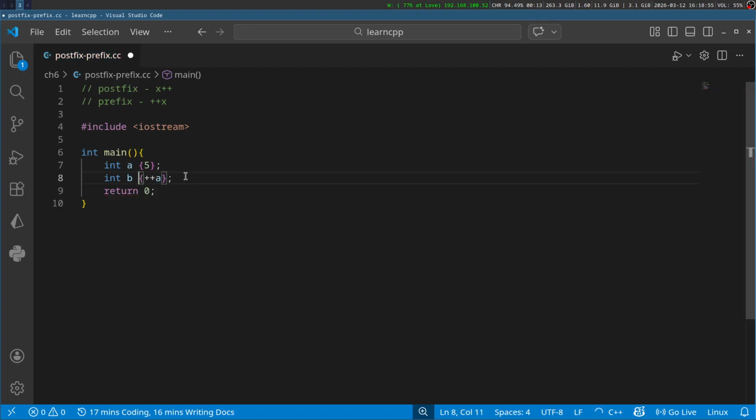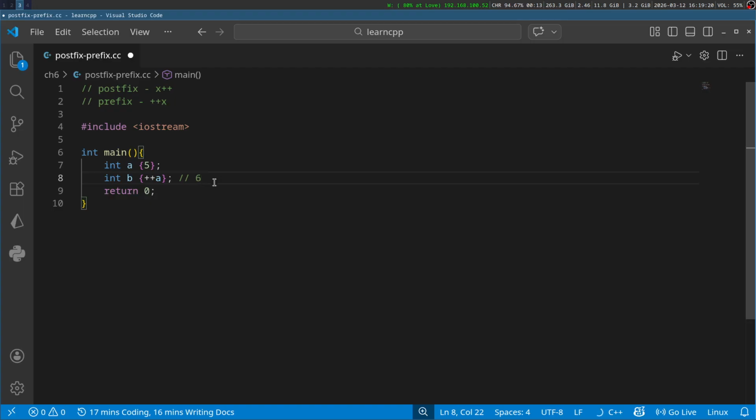So we are incrementing the value a, and then we want to assign it to the value b. So this will evaluate to 6 in this case,